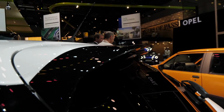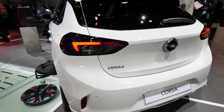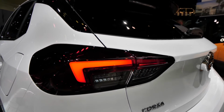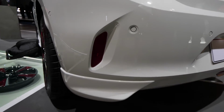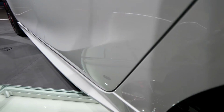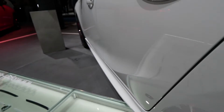The lines, this spoiler up here with the brake light there look fantastic. The new Opel Corsa looks gorgeous. I love the new Corsa. I love the LED in the back here. You can see this is kind of the signature. We have 6 parking sensors, guys, in the back. Quite amazing. Also down here we have this white plastic that looks so much sportier and so much cooler,